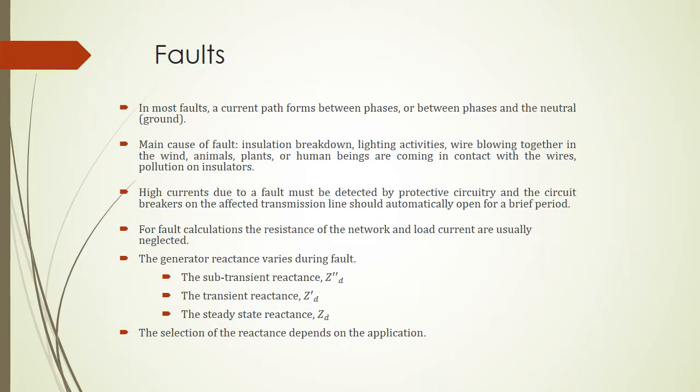So talking about faults in a three-phase circuit, mostly it is between the phases or between the phase and the neutral. The main cause of faults is insulation breakdown, lightning activities mostly, or wires sticking together because of the wind, or animals or plants making physical contact with the wire. When the fault happens, high currents occur and must be detected and dealt with using circuit breakers to protect